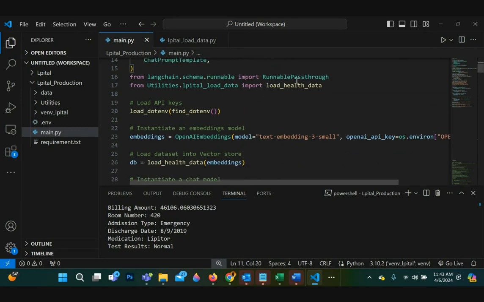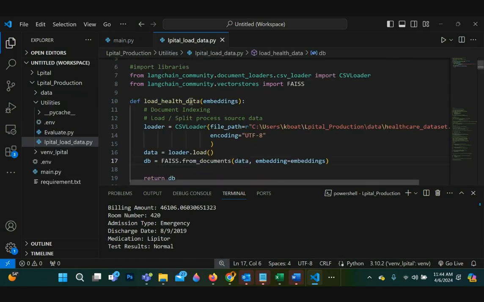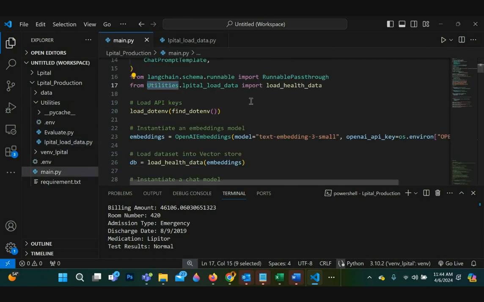These are the runnable pass-through. Here I'm also importing my custom model under the utilities, into the main program.